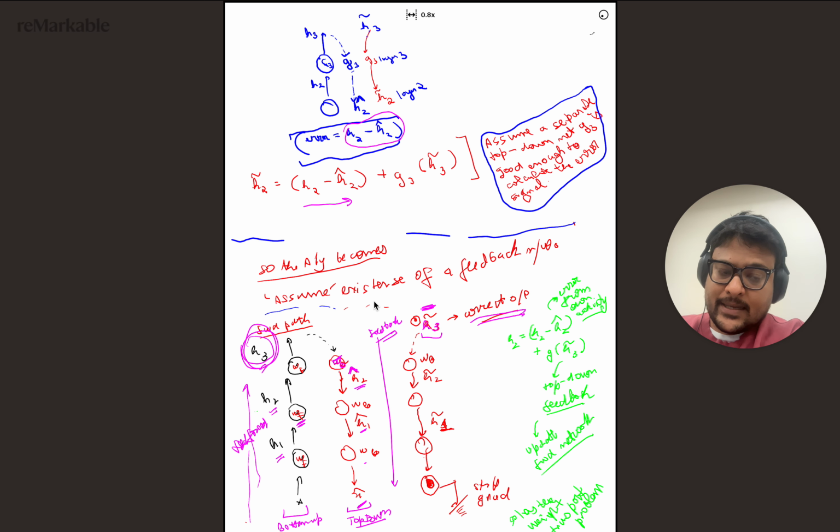So in case your outputs, you're doing a regression, and your output layer has 3 neurons, then you know the precise values 1.0, 2.0, and 3.0, whatever your neural network should output. So that is H3 tilde, and once you transform it by using a top-down neural network, essentially it should give you a correct estimate of what the correct hidden activities should look like. Okay, and then the key point is